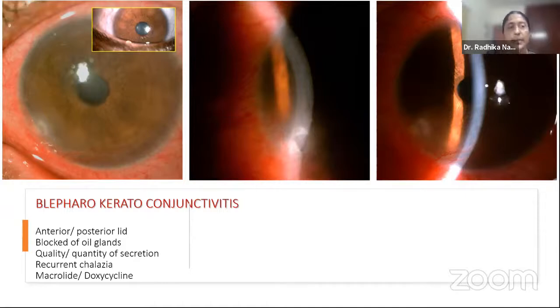It is the altered quality of secretion rather than quantity that is more important. And that is what sets up bacterial colonization and leads to an immune response. So when recurrent chalazion are there, one has to sometimes look for untreated refractive error because the children squeeze their eye and that alters the meibomian milieu. So that needs to be considered. Very rarely there could be underlying juvenile diabetes also.